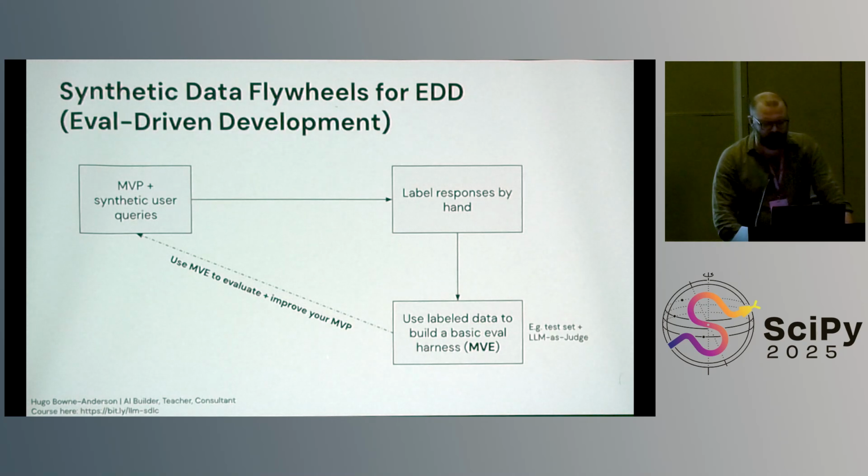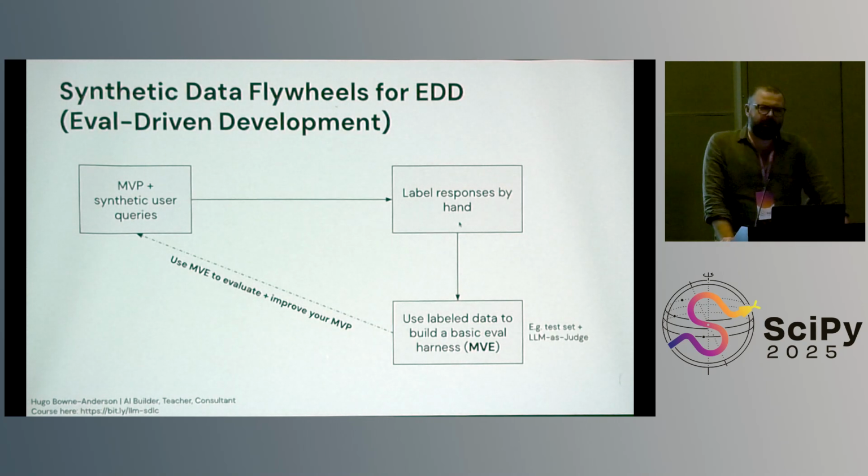But when I tell people to look at their data and label responses by hand, 50% of people or thereabouts say to me, can I get an agent to do that? And that's concerning for many reasons. We can go into those reasons later. I don't think I need to say this to this room, but one of the biggest concerns is that it betrays an absolute lack of curiosity about your system.